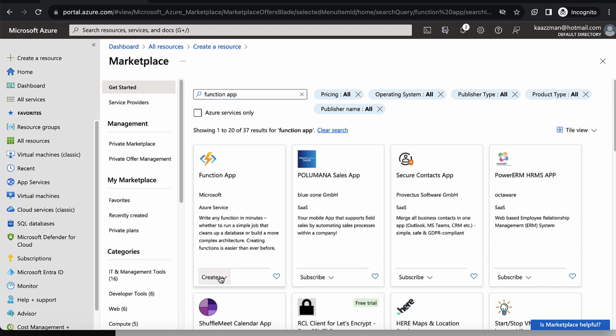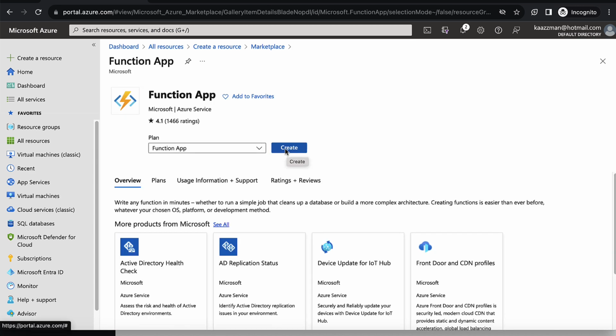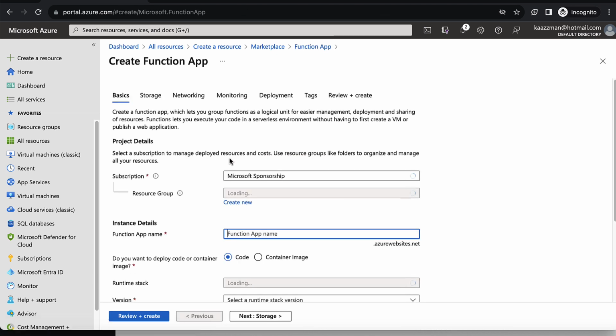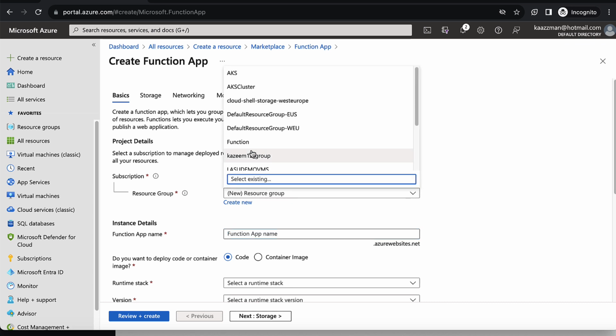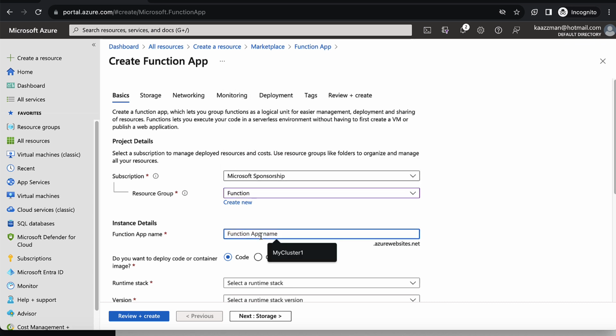I'll click on Create. And here in the Basic tab, I'll provide all the required information such as my subscription name. I'm going to select the resource group and give our function app a name. How about I call this Kazim